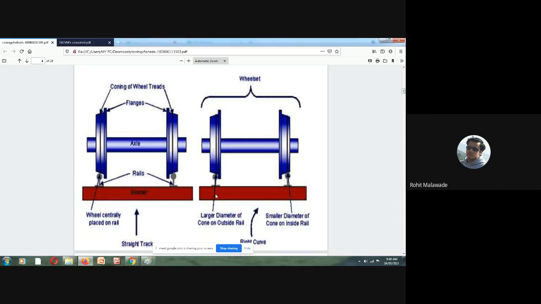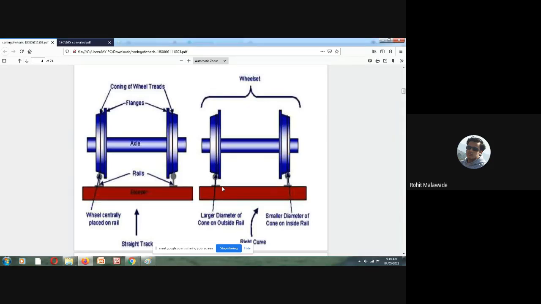So due to that, the stability of the track may be lost, and there is a possibility of derailment, because whenever we take a turn outside, more pressure is going to come here. If we don't provide the base plate at this particular position, it tries to come out, and there will be more pressure on this part and this part, right? So if we don't provide the base plate, there is a possibility of breakage of the base of your rail, and also damage to the sleeper, and a possibility of derailment. So we need to provide the base plate.